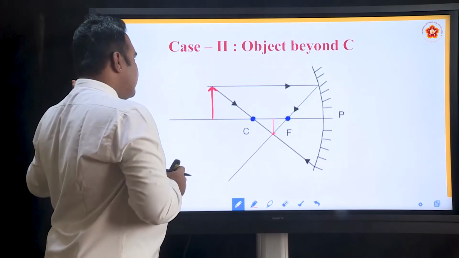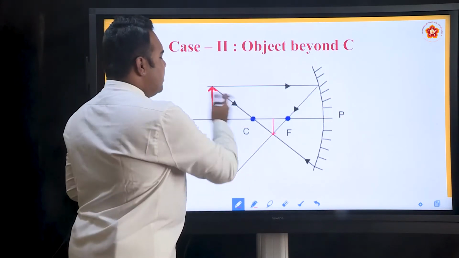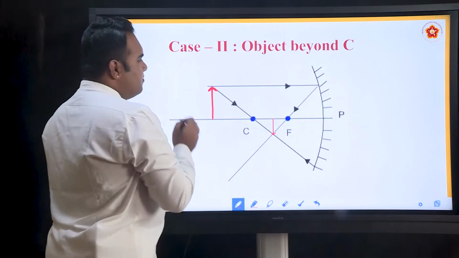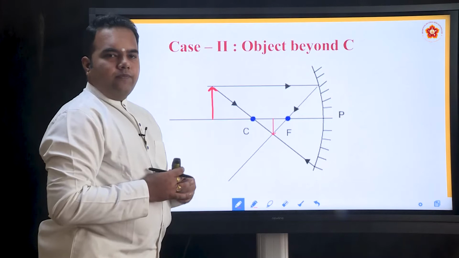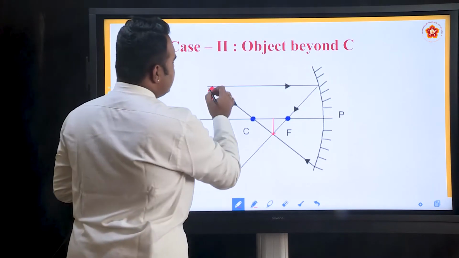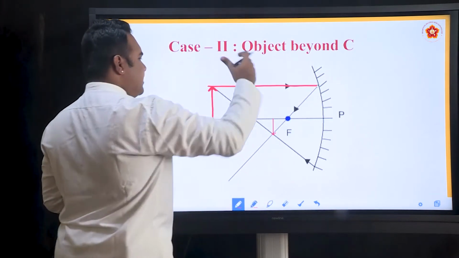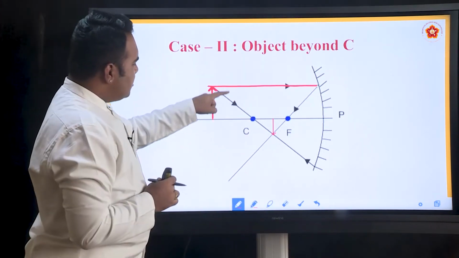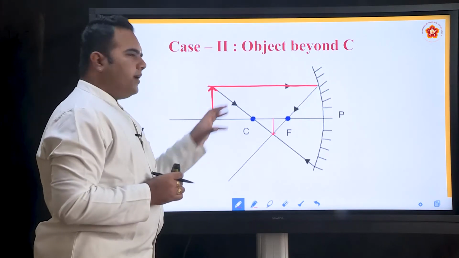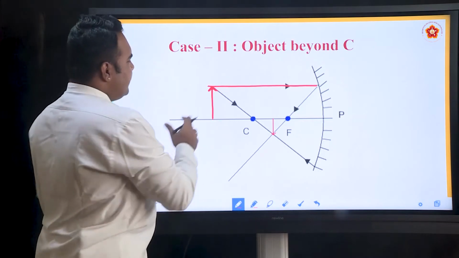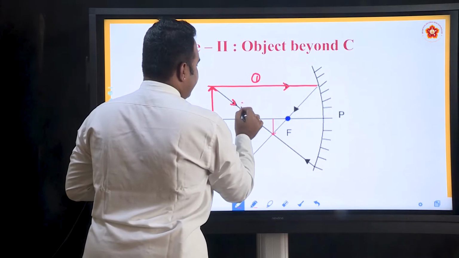So, it is not as far away as infinity, but a little far from the mirror, which means we have placed it beyond the point C. Now, because the object is not at infinity, there are many rays of light emerging from the object. So, we choose any two rays of light. You can visualize many rays of light; these are not the only two rays that are coming. From every point of the object there are different rays of light coming. Of those rays we have picked up this first ray and the second ray.